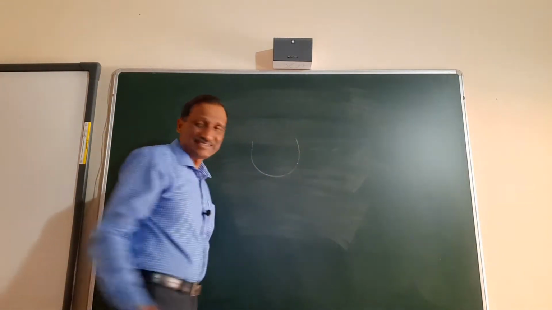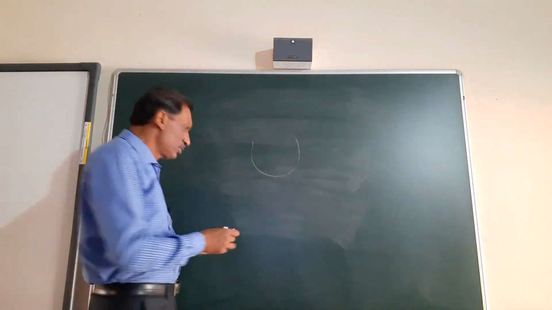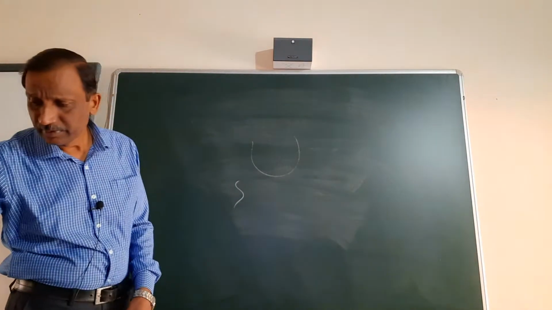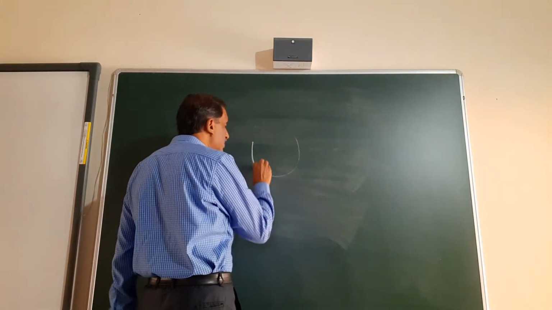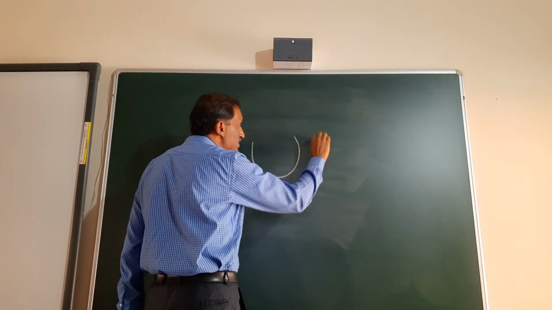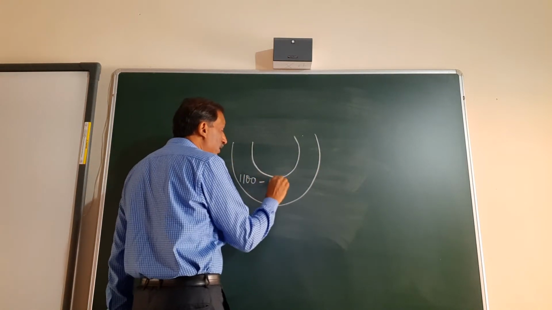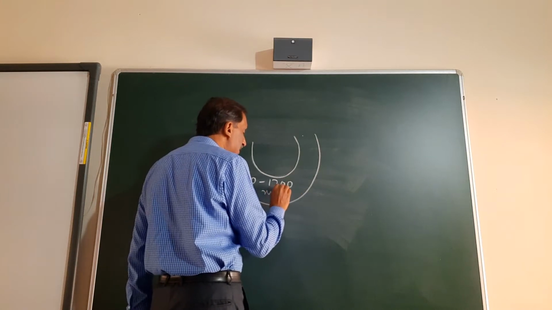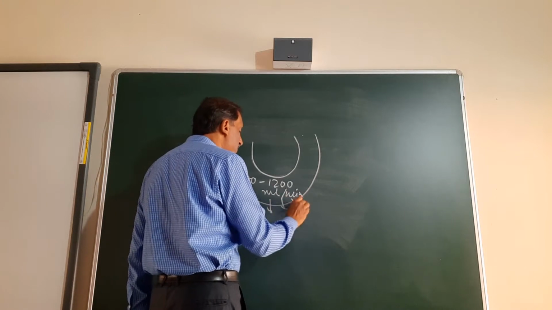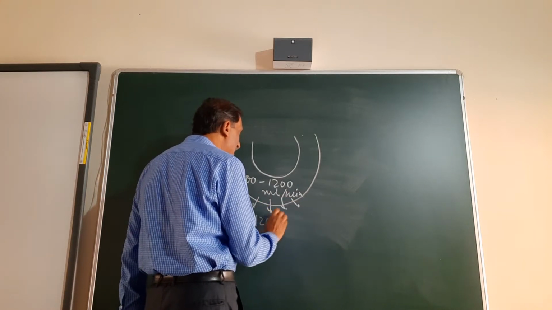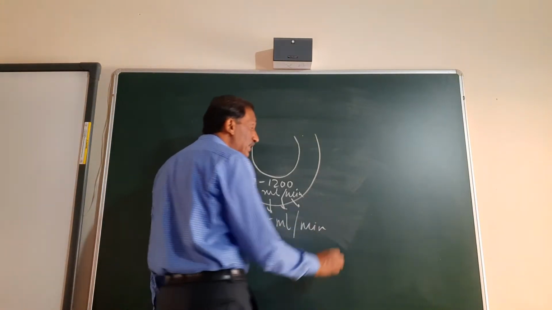This is the wall. सब कुछ चला चाहिए. Okay, so this is the wall of the capillary. Say for example, I have magnified it. And in this, 1100 to 1200 milliliter of blood passes in a minute. And of that, a lot of substances are filtered out. How much is filtered out? 125 milliliter per minute from both the kidneys.